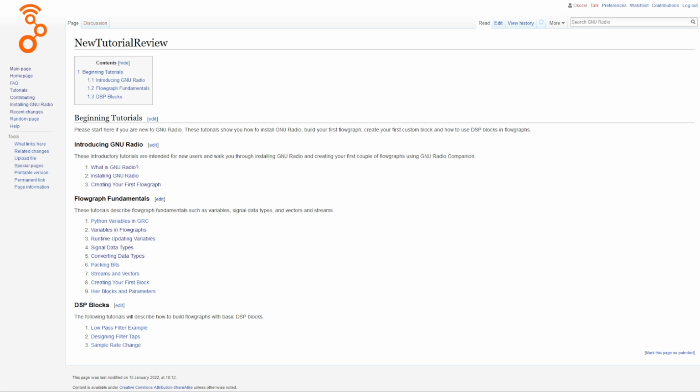How do you connect blocks? How do you configure parameters and variables and use the interface? And so we hope that these tutorials will be a critical missing stepping stone for people getting on board with GNU Radio. And so the feedback that you can give at this point, whether you are a brand new user, an intermediate user, or a long-time user, all three tiers can contribute quite significantly here.